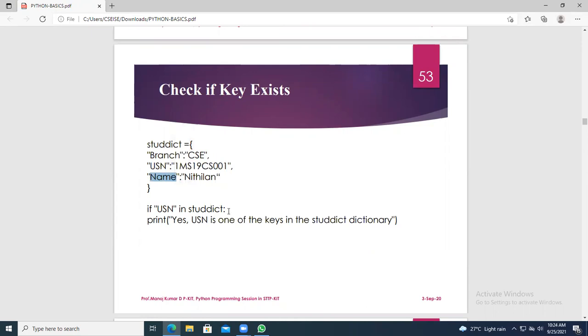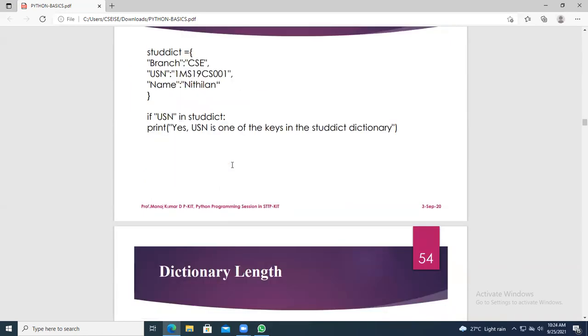To check whether a key is there or not, you can directly give the key here. In a list and tuple, you enter the value to search, but in a dictionary, directly you can write if USN in static, print USN is one of the keys. Okay, so this is check if key exists.